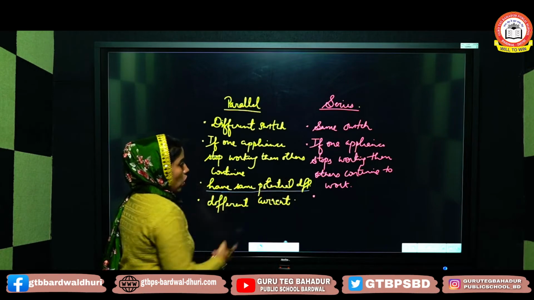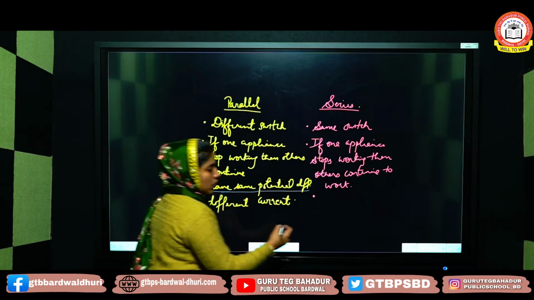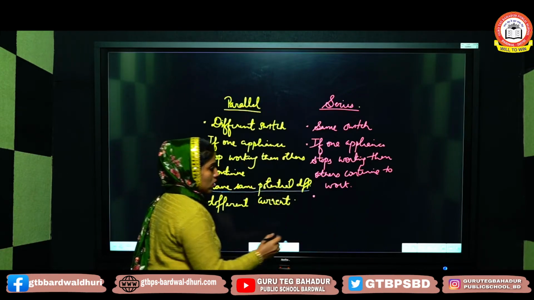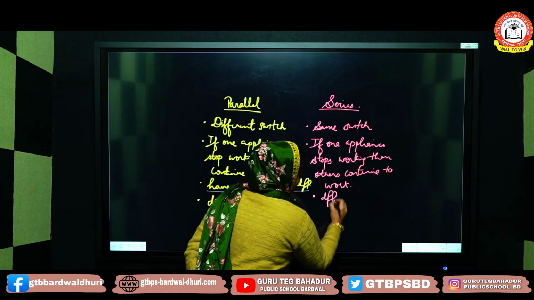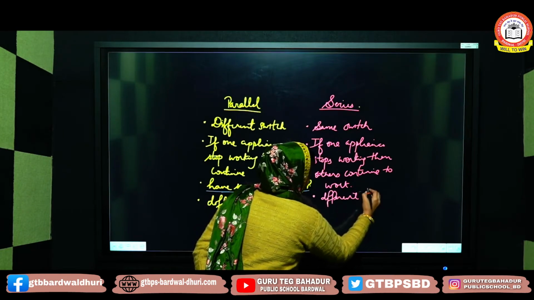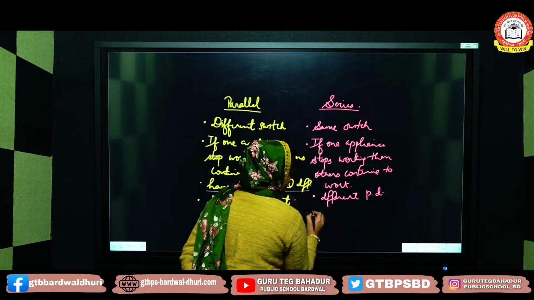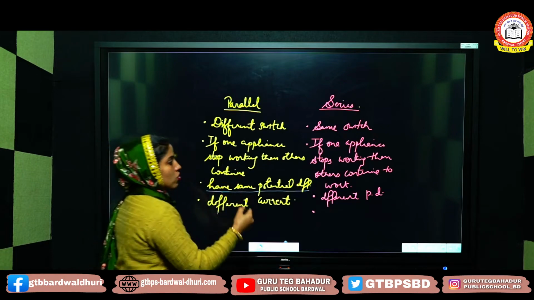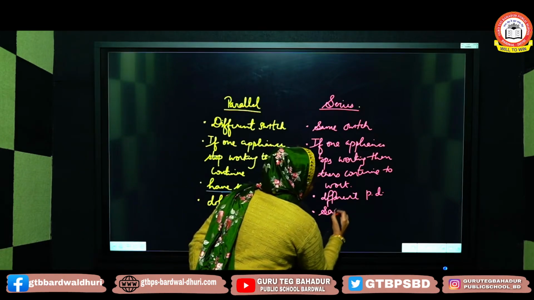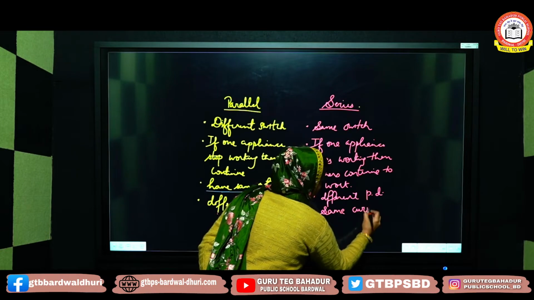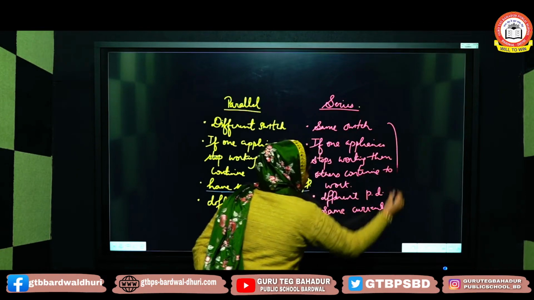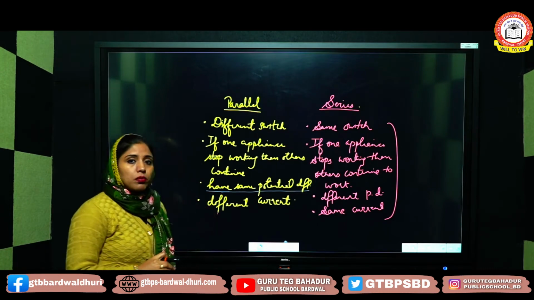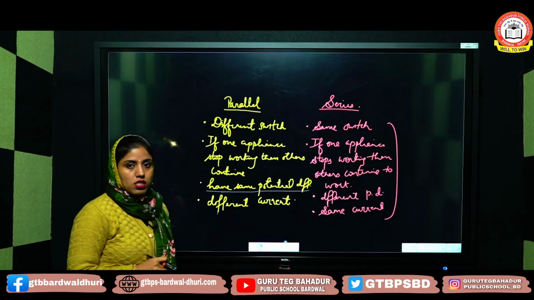In parallel combination, all appliances are having same potential difference, but in series combination, all appliances will have different potential difference across them. So the next feature is that all appliances are having different potential difference, and in parallel combination all get different current, but in series combination all get same amount of current. So if we are knowing about these features of series combination and parallel combination, then we can easily do mathematical part of the combination of resistances as well.